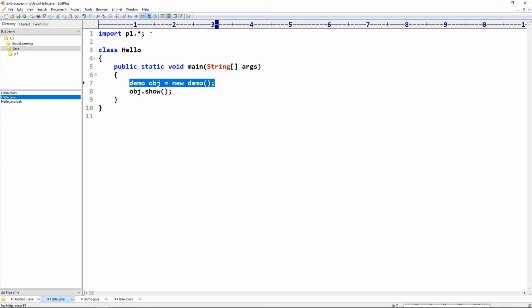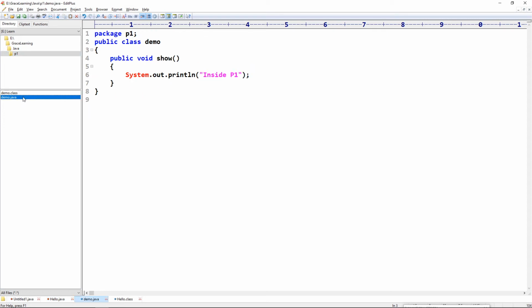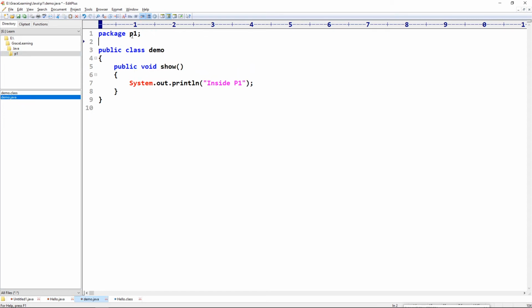So here are one or two important things to remember. This is how we can import package. Then I have created package inside this directory, this folder p1, with this file demo.java. The rule is package name and folder name should be same. Then we are creating class with the public access specifier. It means class name and file name must be same. Okay, so we have successfully imported this package and run this show method inside the hello class.